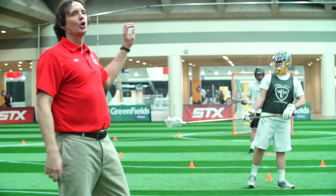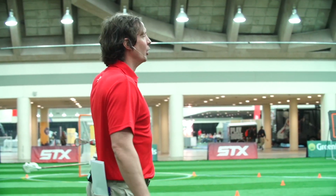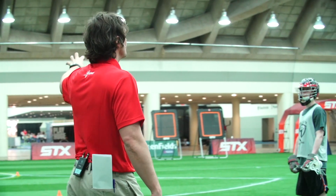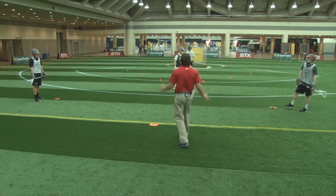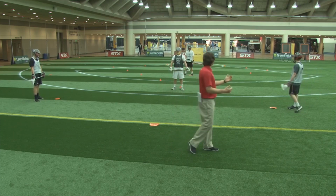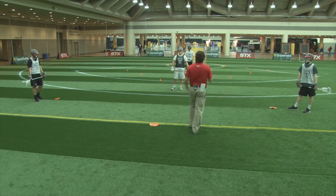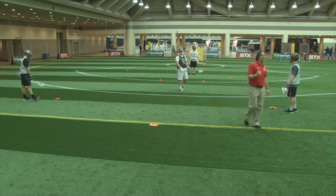And again, I encourage you to paint the heart, get the heart, use cones, put the heart on the field in some way so that you can see it. It's great for defenders knowing how to pack in when they're playing defense. It's great for offensive players to know where a good shot is. Because right now, Zach knows that if we get into that area there, that's a high percentage shot that we